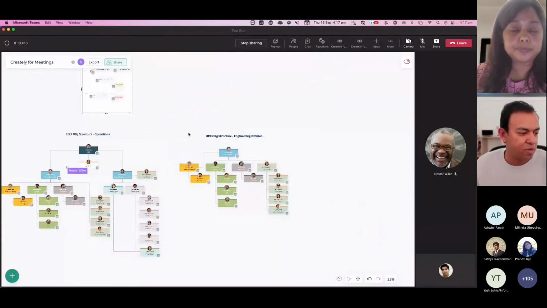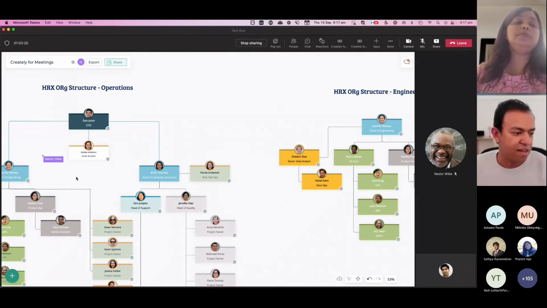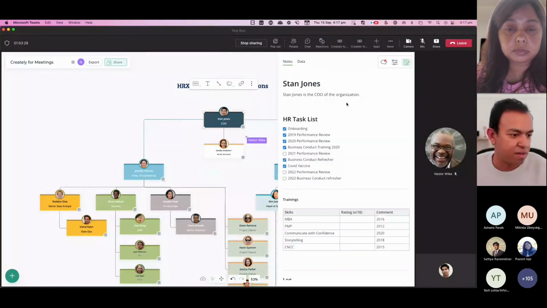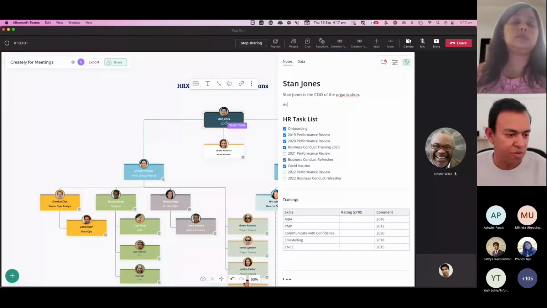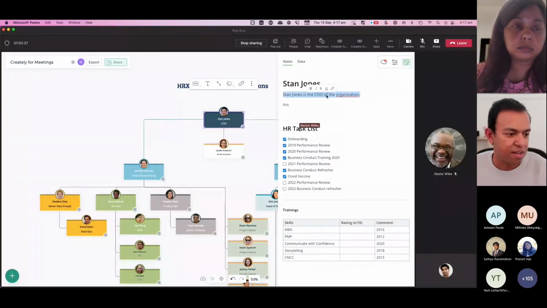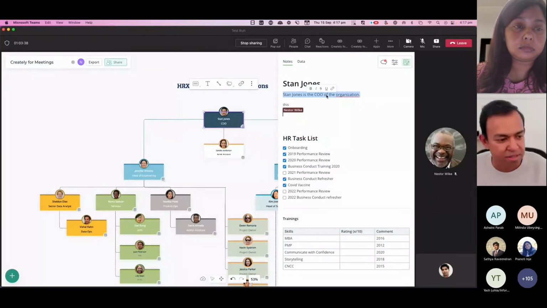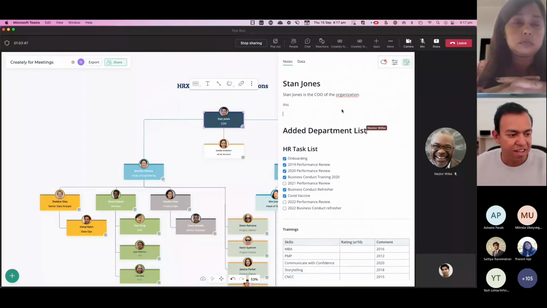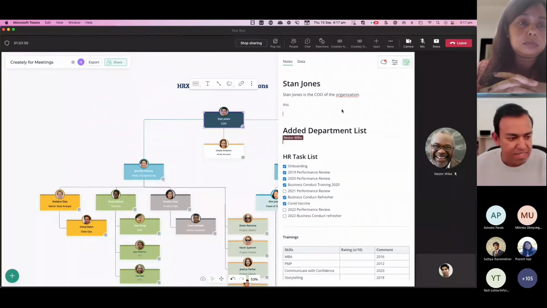And everyone can, so you can see right now, Nesta is here, he can make changes, and even the notes here, right? So Nesta, if you come onto the notes panel, this is also fully collaborative. It works like, say, Microsoft Word, multiple people can type on the same thing here as well. So you have the agenda, you have the things that you're working on. It just works for all the people in your team to work on the same space.